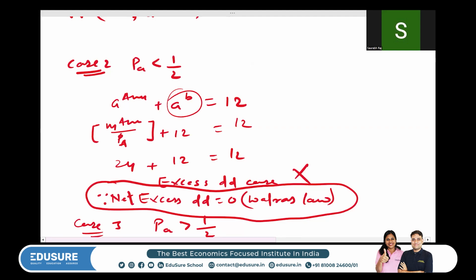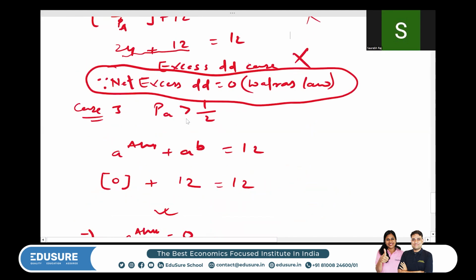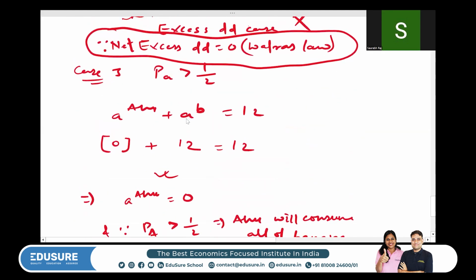So if you figure out, this is basically exceeding the total supply. So this is the excess demand case, so this case is not valid. Now we will analyze the third case, that is MRS greater than the price ratio. Okay, so if MRS is greater than the price ratio,